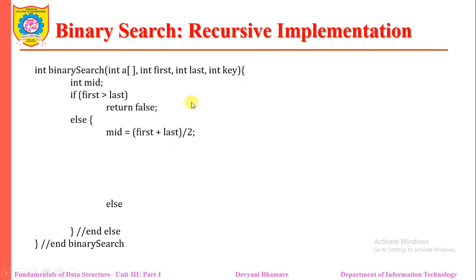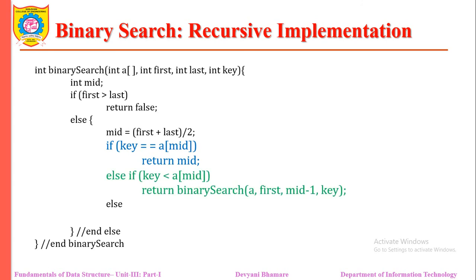So we have seen that if you want to implement binary search recursively, then we need to pass the first and the last index of our array. If the first index is greater than the last index, then we stop the searching. But if the first index is less than the last index, then we calculate the mid. We have seen that mid is calculated by this formula. So A of mid, our middle element, is compared with the key. If both are the same, then we return the index mid.